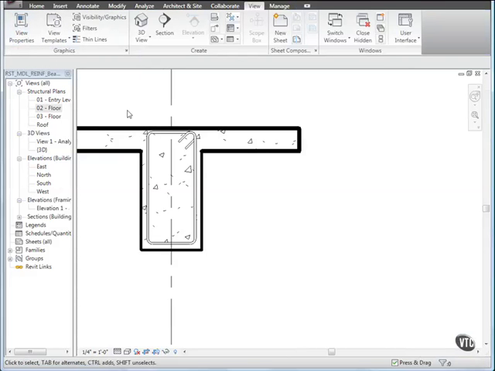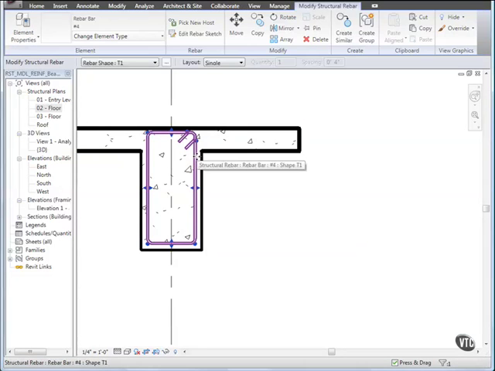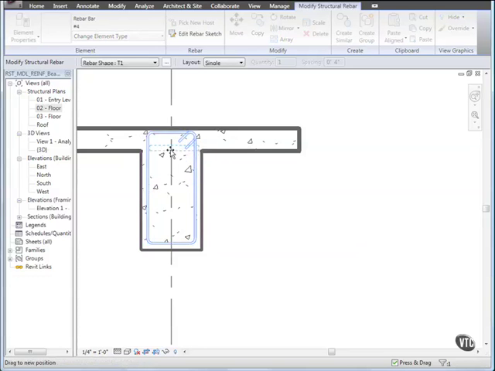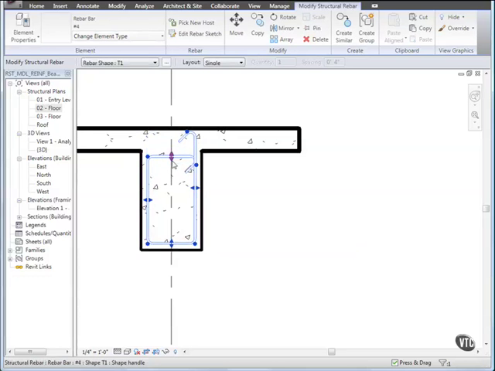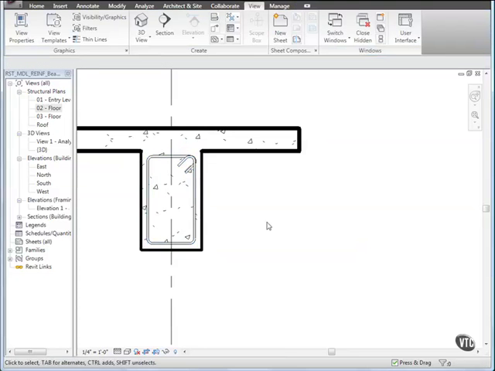Let's modify the rebar shape so that the rebar is contained within the concrete beam. Select the rebar. Then click the top triangle control and drag the rebar within the boundaries of the beam. Using the same method, click and drag to modify the shape of the remaining rebar. Then press Escape